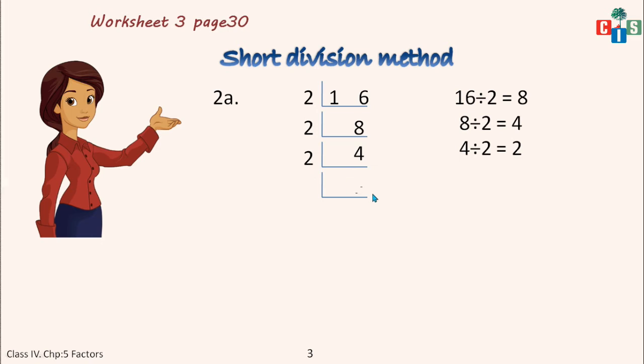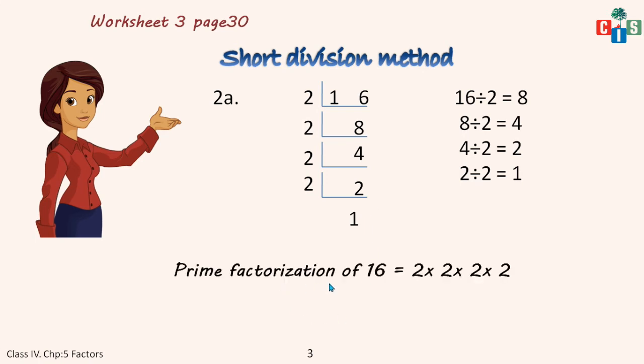So 2, 2 here, and again this 2 I will divide by 2 because I should get 1 as the answer to complete my sum. So here we complete, and I can say that the prime factorization of 16 is 2 multiplied by 2 multiplied by 2 multiplied by 2. See, all 4 times 2 you will write and you will check it. How? 2 2s are 4, 4 2s are 8, 8 2s are 16. So सारे 2 आ गए हैं. So 16 answer आ गया. Okay, so these are prime factorization.